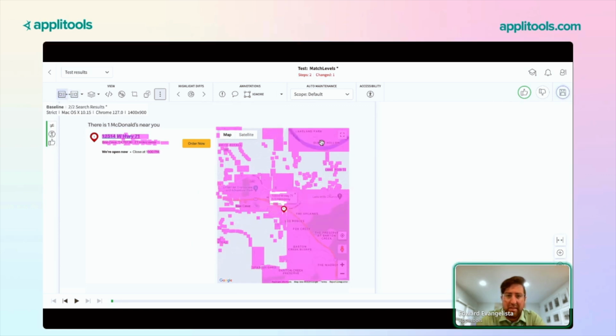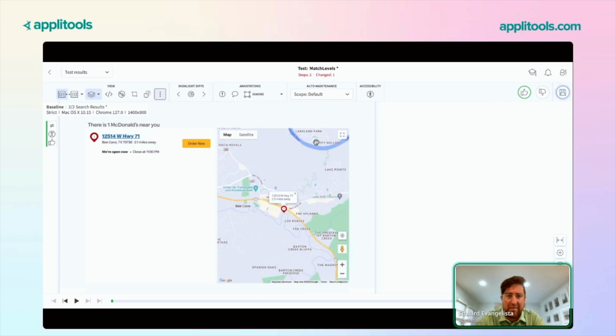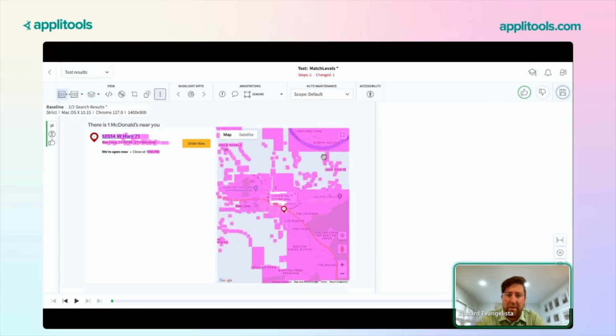So you can see the missing portion up here. If I turn the pink off, you see the Lakeland Park, Sleepy Hollow. Strict is capturing all of that, but it's not capturing just the gray, right? Or the Google logo. That's just one example of why pixel to pixel does not work at scale. We have other examples we'll show you here in a couple minutes, but also a really good example for our